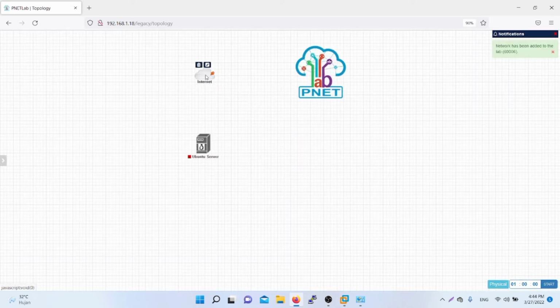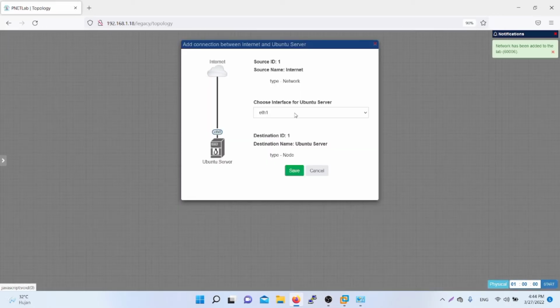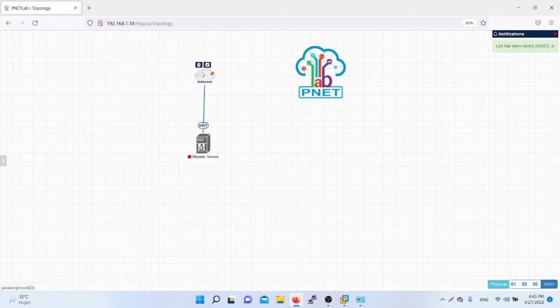After that, we must make a connection between the internet and the Ubuntu server. For interface, in this video, I choose Ethernet 1, and if it is already like that, we go to save.